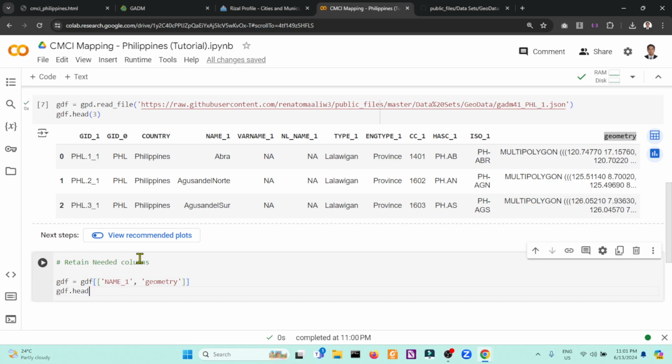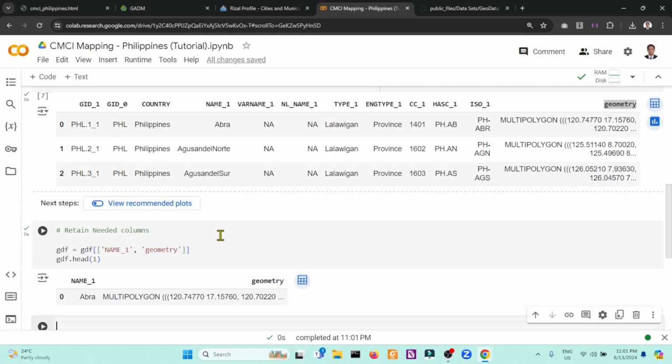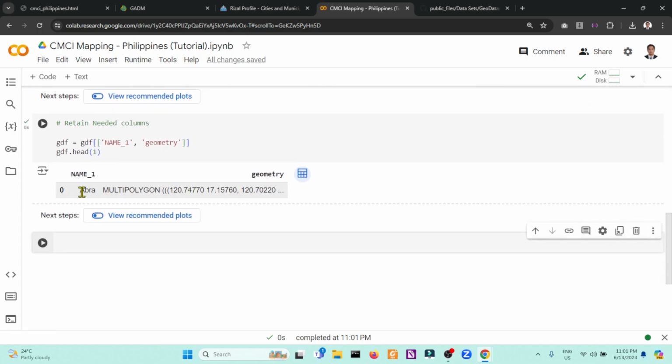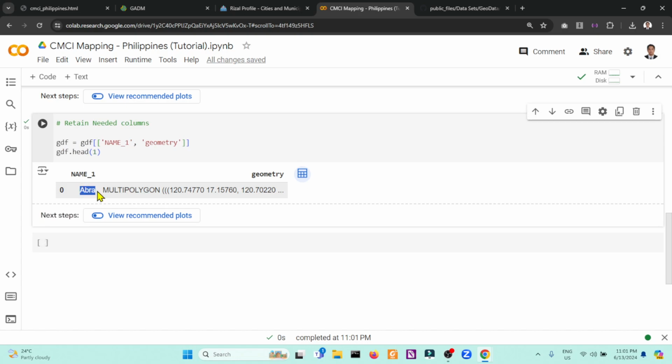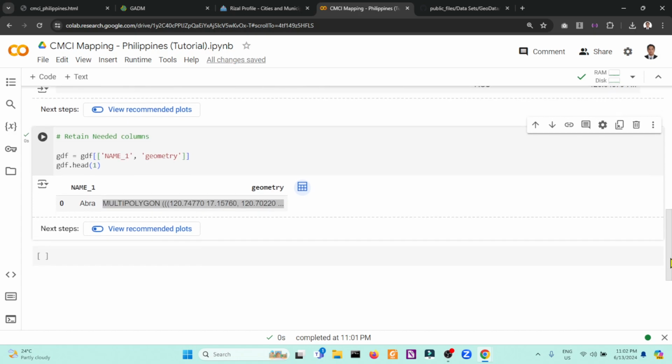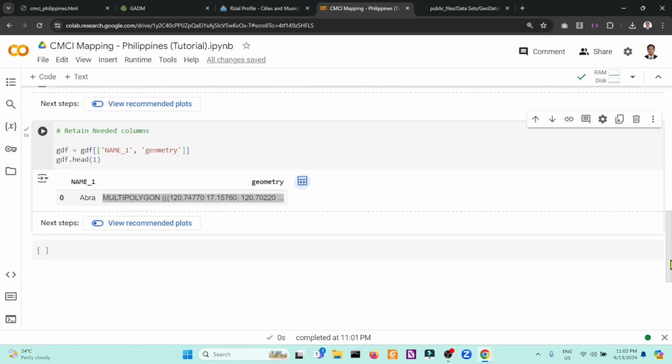Again, to show the result, the sample here is Abra and the specific geometry, which again represents the boundaries of the Abra region in the Philippines. This is a method in pandas for data extraction, for selection only.